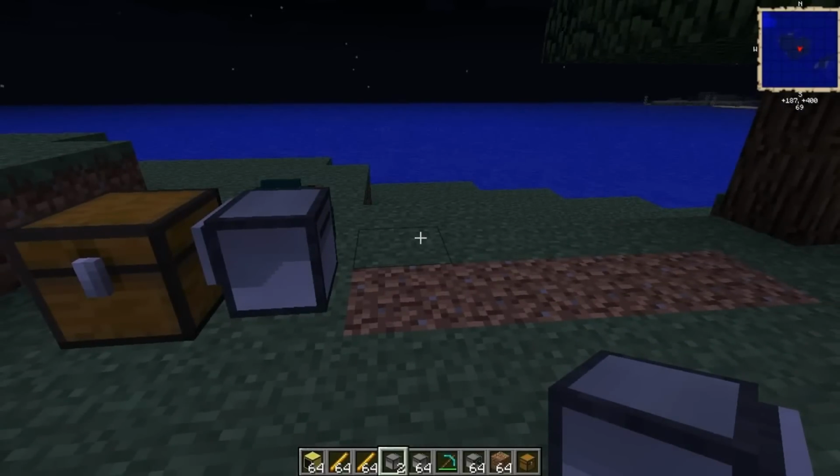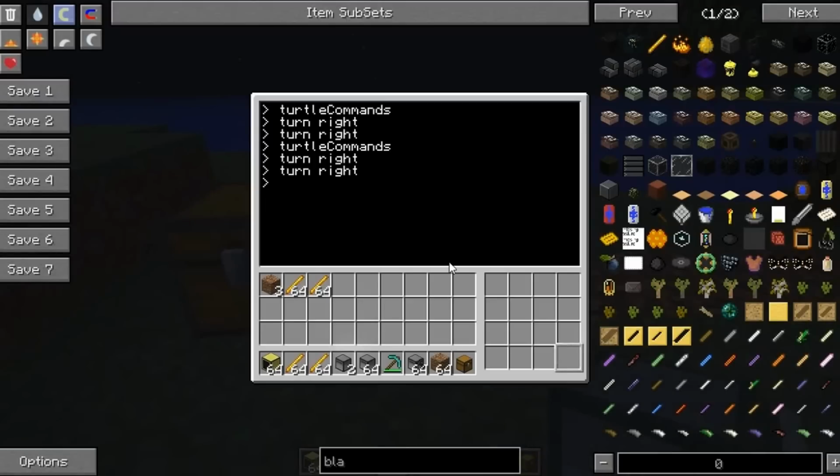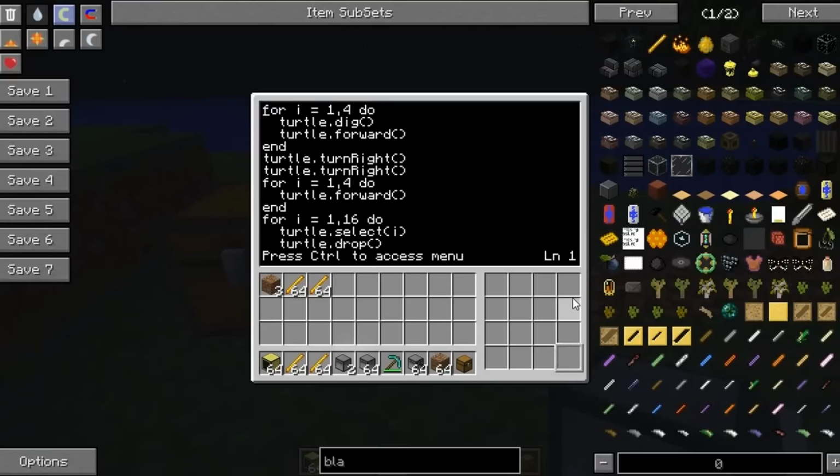Now, let's say we wanted to refuel. So let's say that this is doing some big, long mining, he's doing a quarry. Let's pretend he's not just digging 4 blocks, but we're actually getting him to dig quite a lot. Well, he's going to need to refuel. So let's tell him, before he empties his inventory, as he's selecting each slot, just before he drops whatever's in